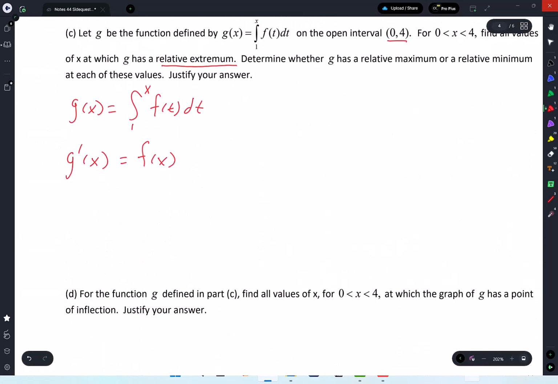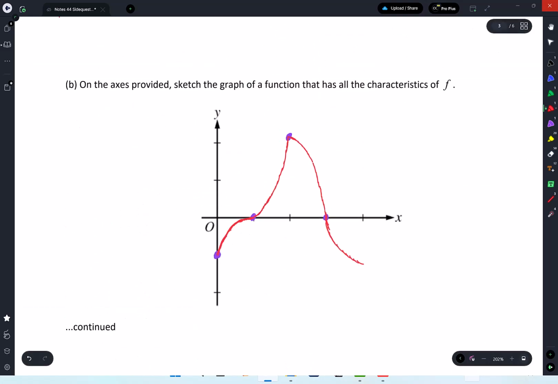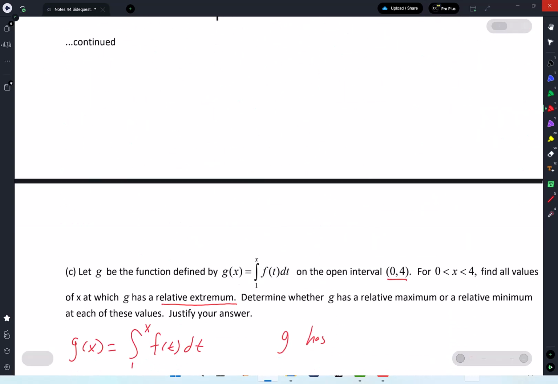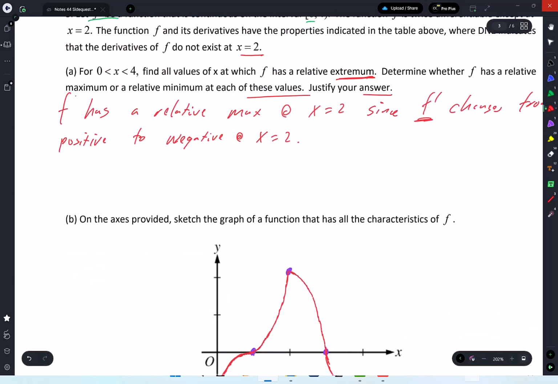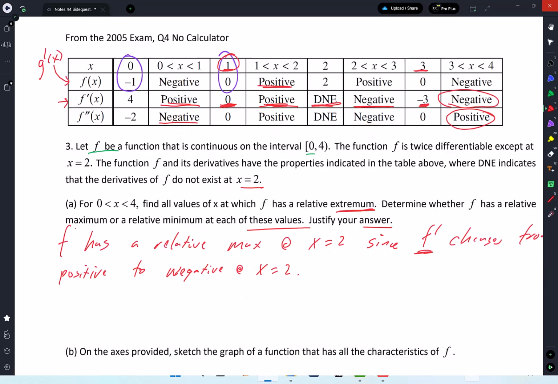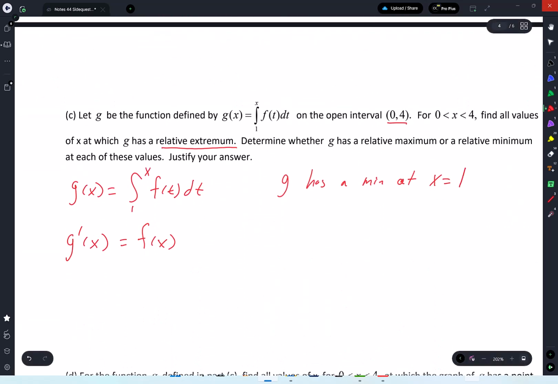So let me write it. What does g have first, a max or a min? Min. So g has a min at x equals what value? 1. At x equals 1, since g prime, which equals f. Connect it, guys, show both of them: g prime, which equals f. You can say g prime of x if you want, but my habit is just g prime equals f. g has a min at x equals 1, since g prime, which equals f,